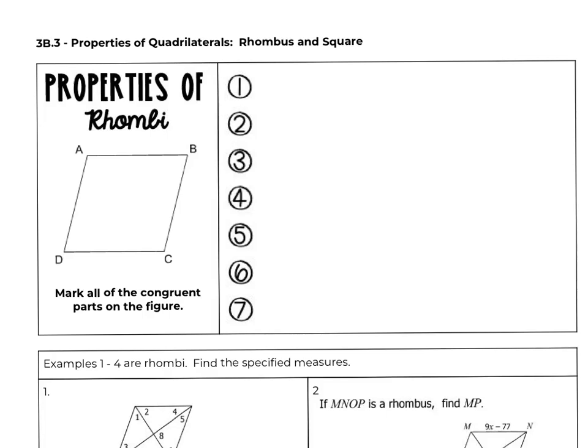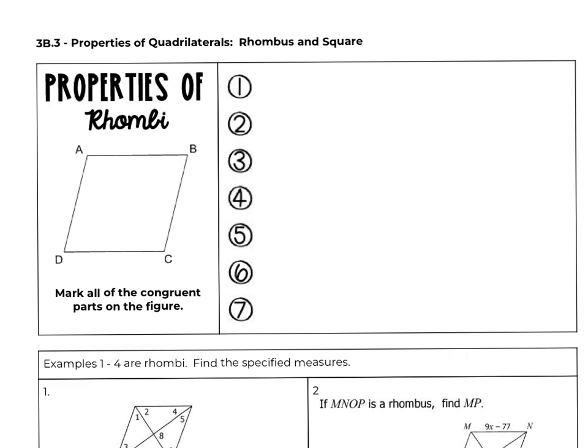Okay, this is lesson 3B.3, and today we're covering rhombus and square, rhombi and squares. So first we're just going to look over the properties of a rhombi. A lot of things they're going to share with parallelograms and rectangles, but there are a few differences that we'll